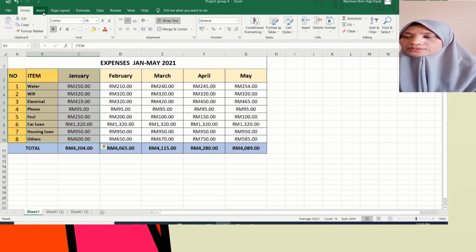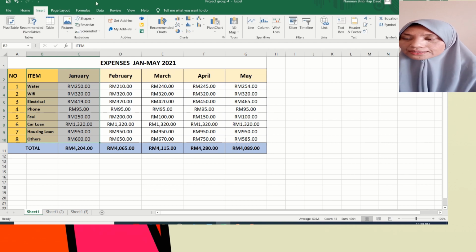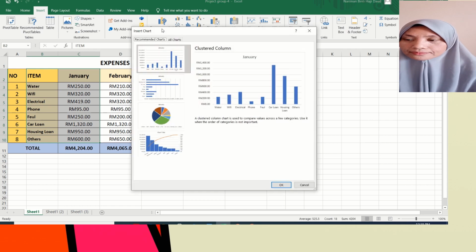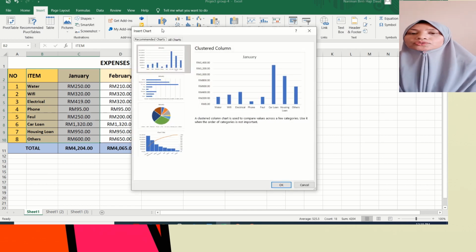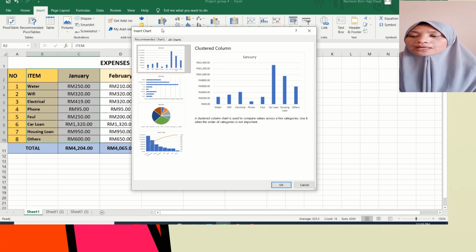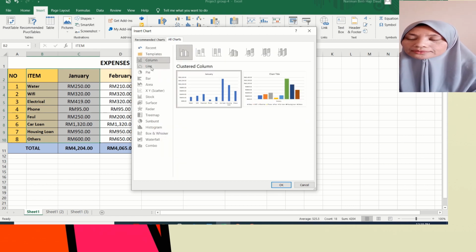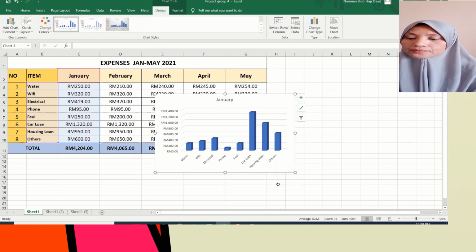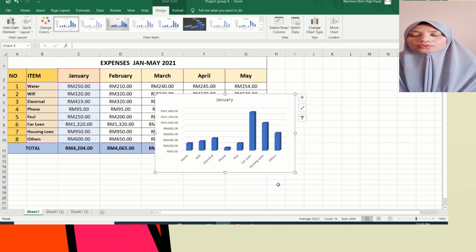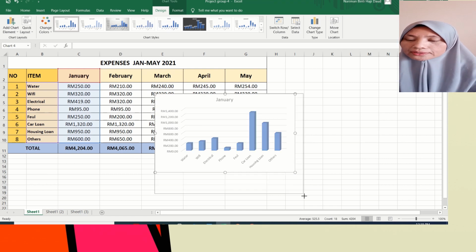Click insert, then click recommended chart here. In recommended chart, it will show you there are so many chart types that you can choose. Let's click all chart. So we have line chart, bar, pie chart, and so on. Let's choose a 3D clustered column chart. Click OK. So your data appears here